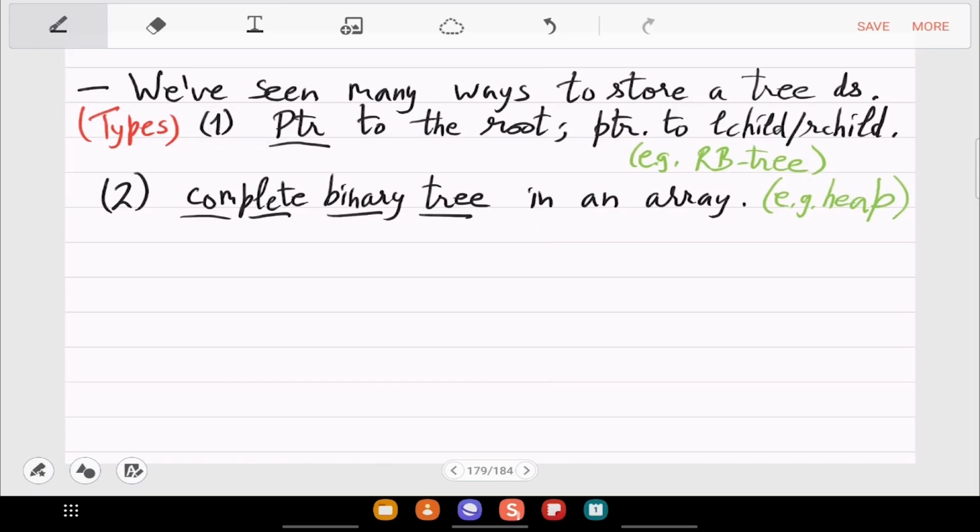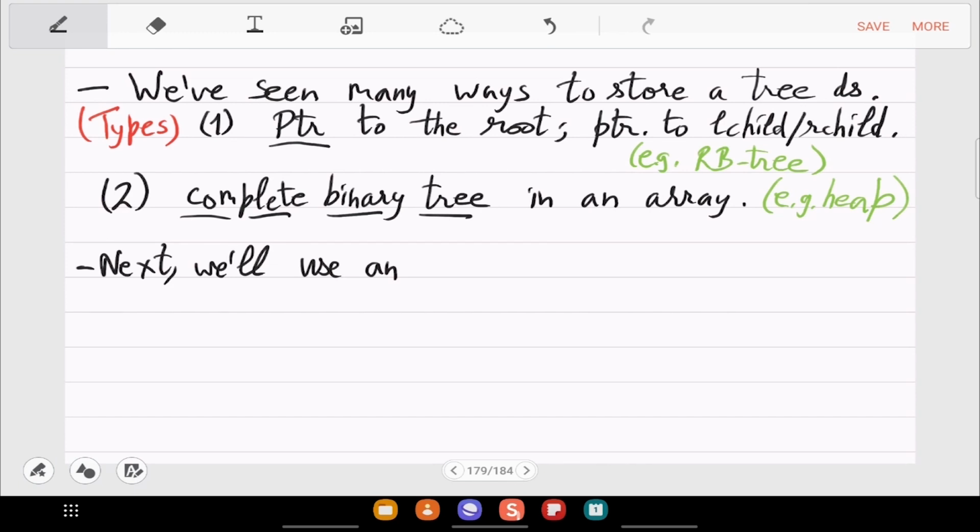So the new type that we will see at some point is, we'll still use an array, and we will have a tree structure in mind, but it will be very different from a heap. So what we will do now is we'll use an array to store the parent of the ith location.